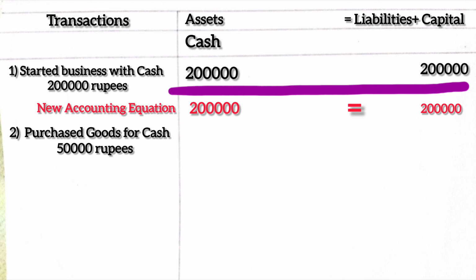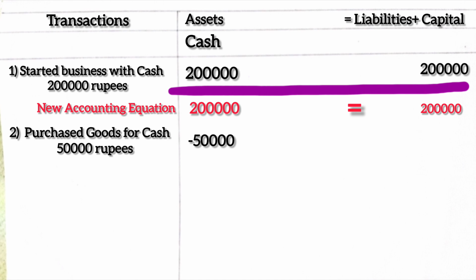Now the next transaction, say purchase goods for cash rupees 50,000. What will be the accounting treatment? You have purchased goods in the form of cash, which means it's a cash transaction. Cash means it's an asset. We will write cash under the cash column, under the assets, we will be writing 50,000,